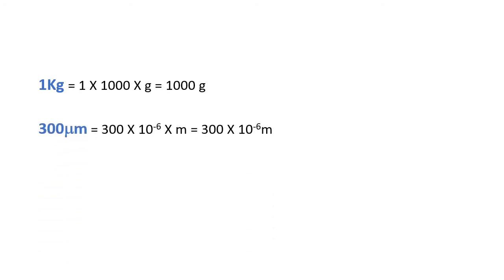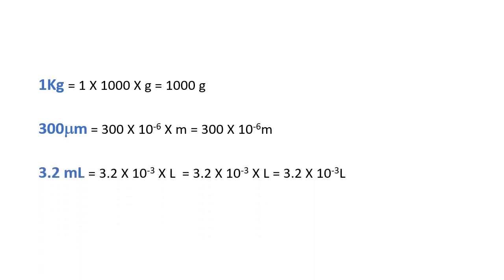When you say 300 micrometer, you are actually talking about three things: the 300 multiplied by 10 to the power minus 6 multiplied by the meter, and that is equal to 300 multiplied by 10 to the power minus 6 meter. When you say 3.2 milliliter, I am sure many people, when they see the word milliliter, think it is just one word. No, it is not one word. These are two words. One is a number, and the second one is a base unit. So we have 3.2 multiplied by 10 to the power minus 3, which is the milli, and then multiplied by